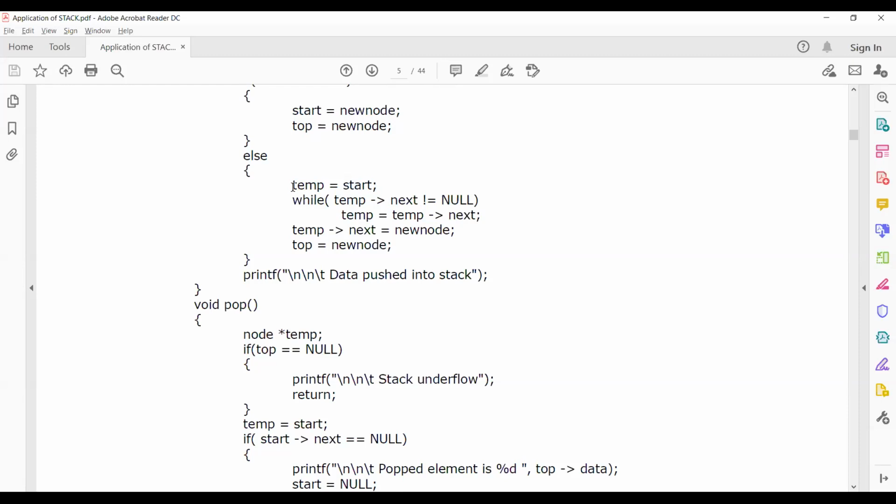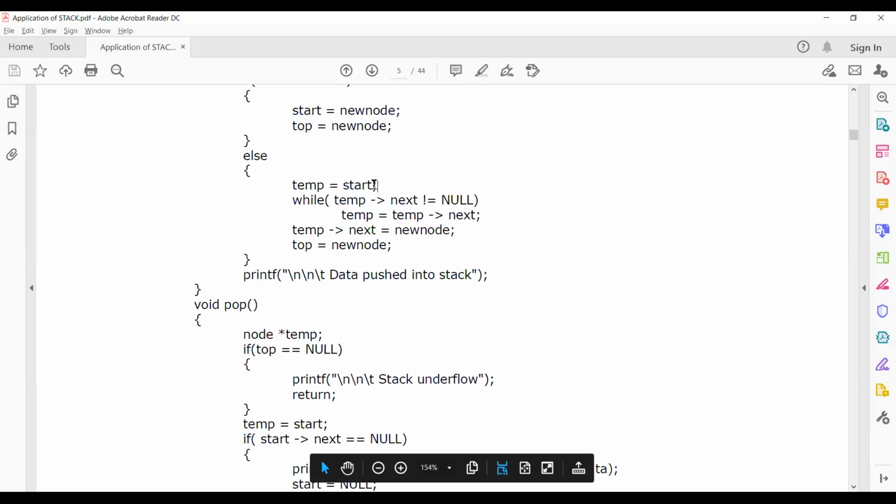That's why I'm able to assign one pointer variable to another. Why am I doing this? Because I should not lose the start variable. I already told you in the previous class, if I lose the start variable, I will lose the entire list itself. It's safer to copy the start variable to some other variable.